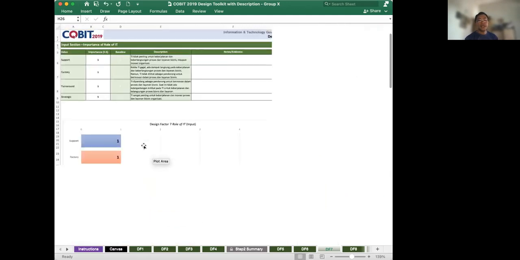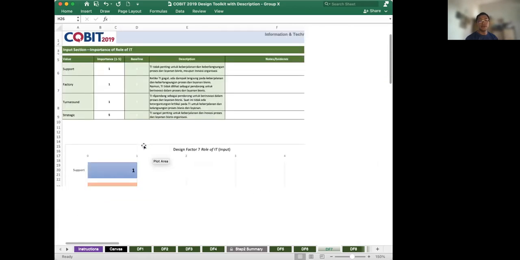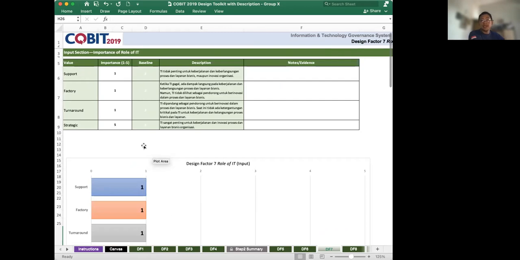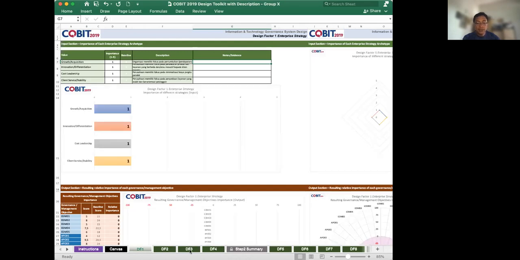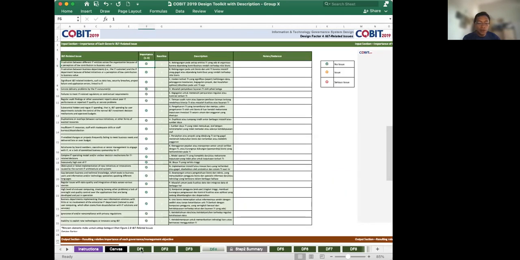For next week, we will discuss the first group task. So you need to decide your case today, and then you will have the big task discussion within your group to perform the first part. The first part covers design factors 1 till 4: design factor 1, design factor 2, until design factor 4. How can you do it? Actually,